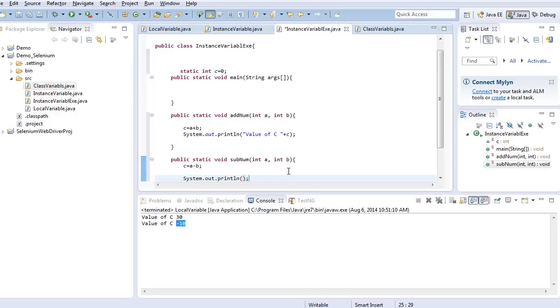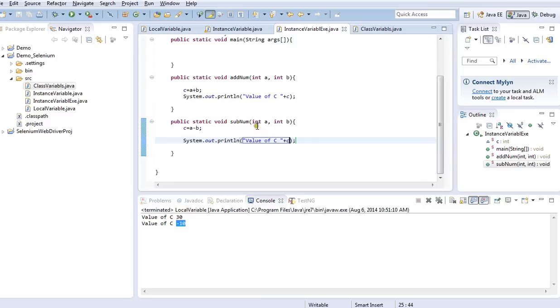System.out.println "value of c" plus c. So remember, if you are passing int variables, then the result variable must be int. If you say it's double, you cannot make c an int, because there will be conflicts between variable data types. So the result should be assigned to a variable having the same data type. That's the one important thing.